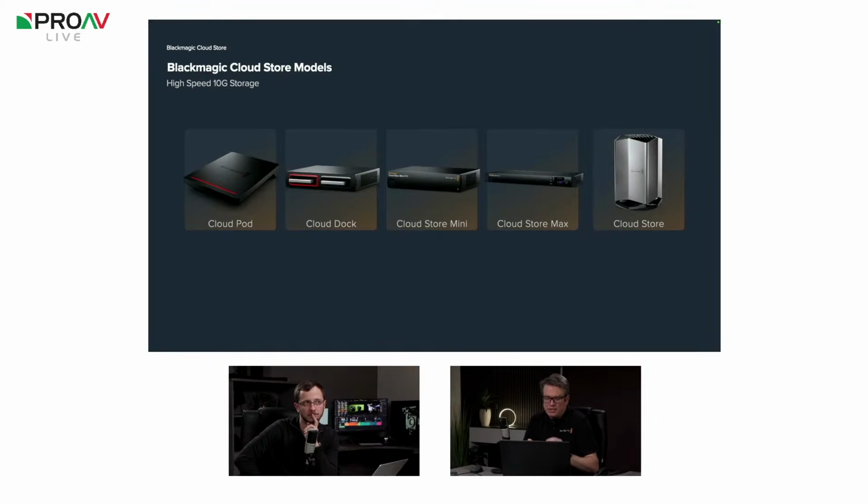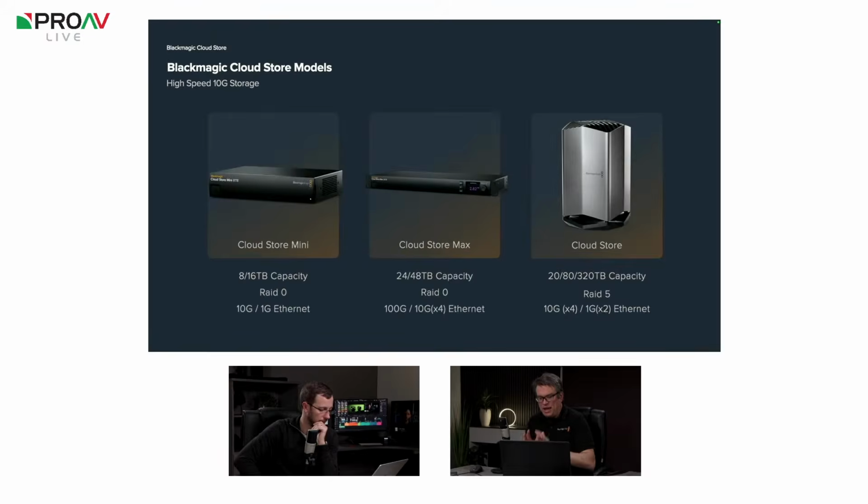So there may be the two anomalies, because we've got Cloud Store Mini, Cloud Store Max, and the big Cloud Store. They're the actual hard drives with storage inside. Yeah, these are the ones with actual storage, and these are actual network drives. So the three models we've got. The Cloud Store Mini,